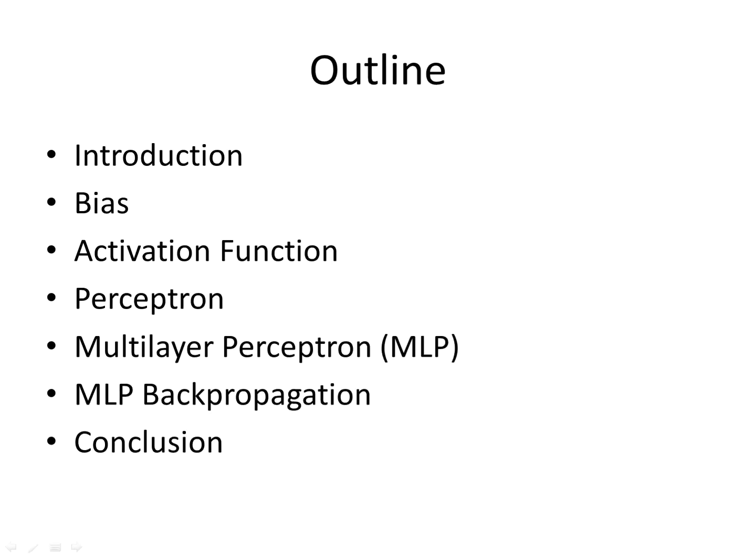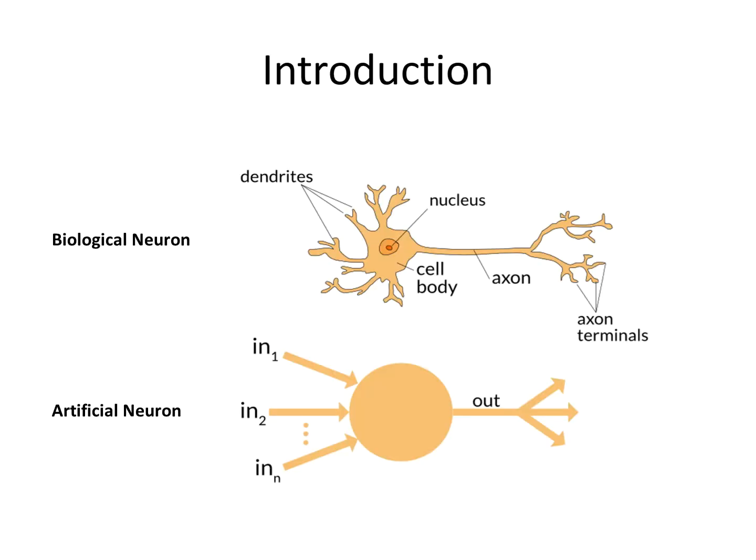Today I'm going to talk on artificial neural networks, and the agenda of this talk is: I'll first provide a brief introduction to artificial neural networks. Then we'll move ahead with bias, why bias is needed in neural networks, and what an activation function is. Then we'll look into the perceptron, what the XOR problem is, how a multi-layer perceptron can solve this XOR problem, and what the backpropagation algorithm is. At last, we'll provide the conclusion.